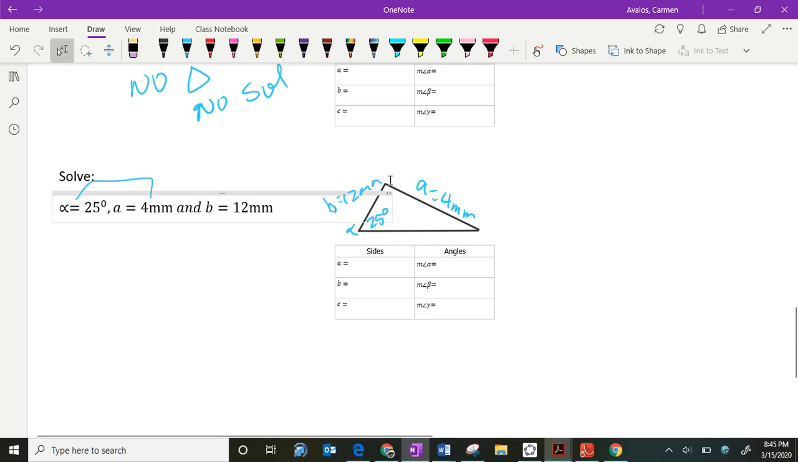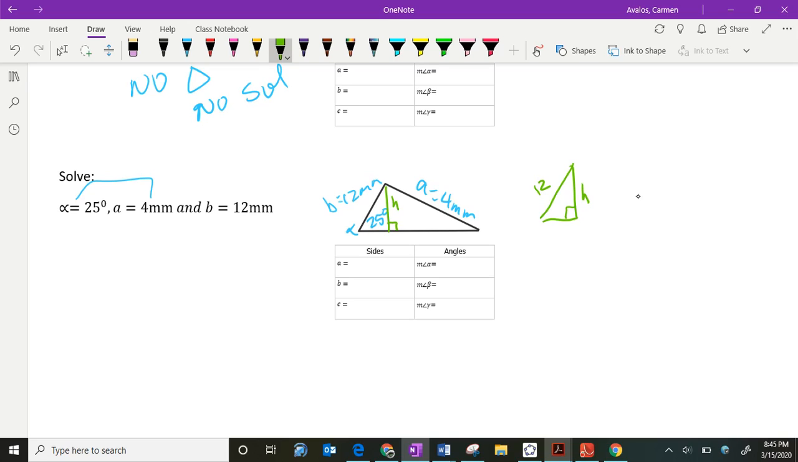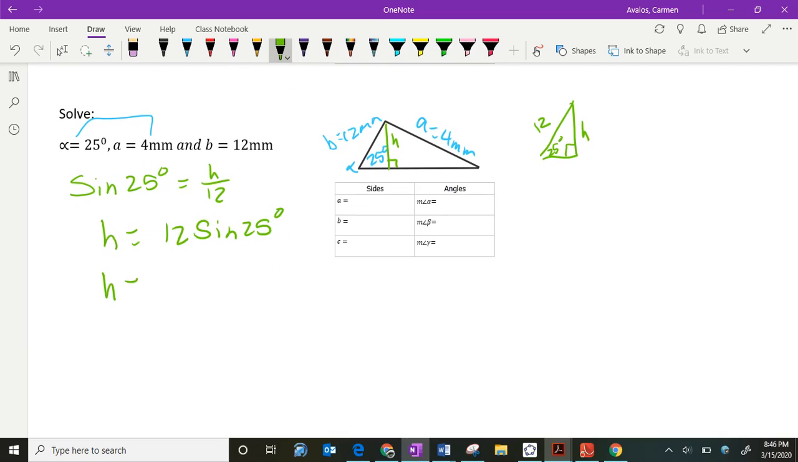If I'm looking at this, I have to figure out what the height is, because I need to know the height to figure out whether this 4 millimeters is smaller than the height. So then we are going to drop the height, make a right angle. That's your H. So you're going to have a triangle now, with this to be 12 and this to be 25 in the angle. So the sine of 25 degrees is going to be opposite over hypotenuse. So H is 12 sine of 25 degrees. Then when you put that in there and you calculate it, you're going to get,